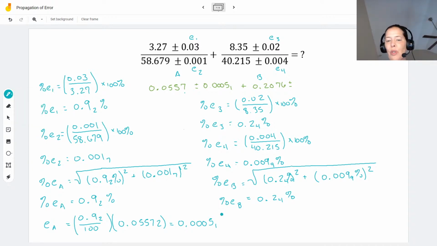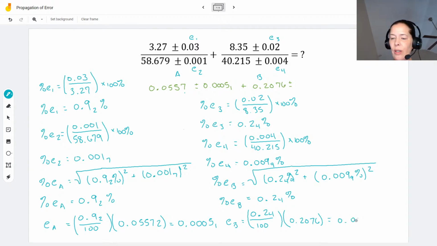Okay, so to convert my percent uncertainty into my absolute uncertainty, and this is uncertainty for B, I'm going to take my percentage and divide by 100. And then I'm going to multiply by the magnitude of my measurement, 2076. And then that will give me my error, which is 1, 2, 3. It's actually really close to the error from term A. Okay. All right, so let's write that error in